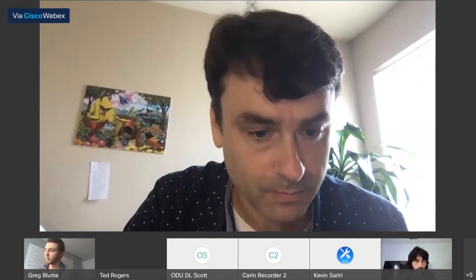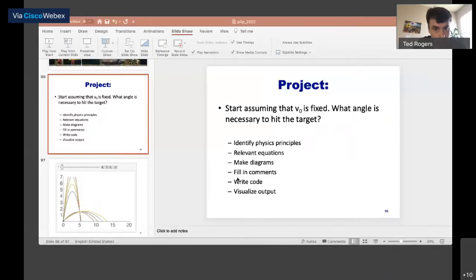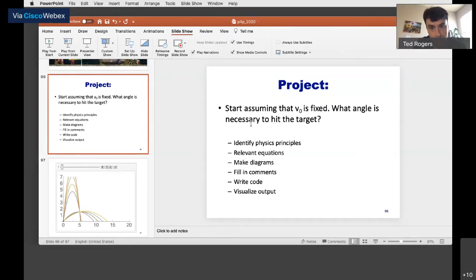But as I write in this slide, let me show it again. So you see in this slide, I say, start assuming that V0 is fixed. So that's given to you. And then you need to figure out what the angle is.